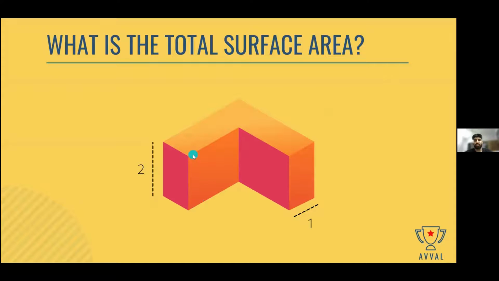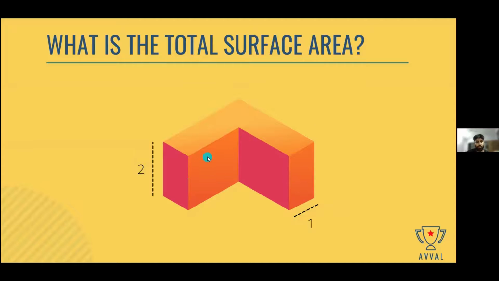How many such squares do we have? 2, correct. We've got 2 here, 1 and 2. We've got 2 such squares here. So we've got 2 squares here, which are 2 by 2. So what is the area on the back side? Yes, we will come to the back side later. We're only talking about the ones on the front here. Ones on the back side are different squares, and I will explain to you why.